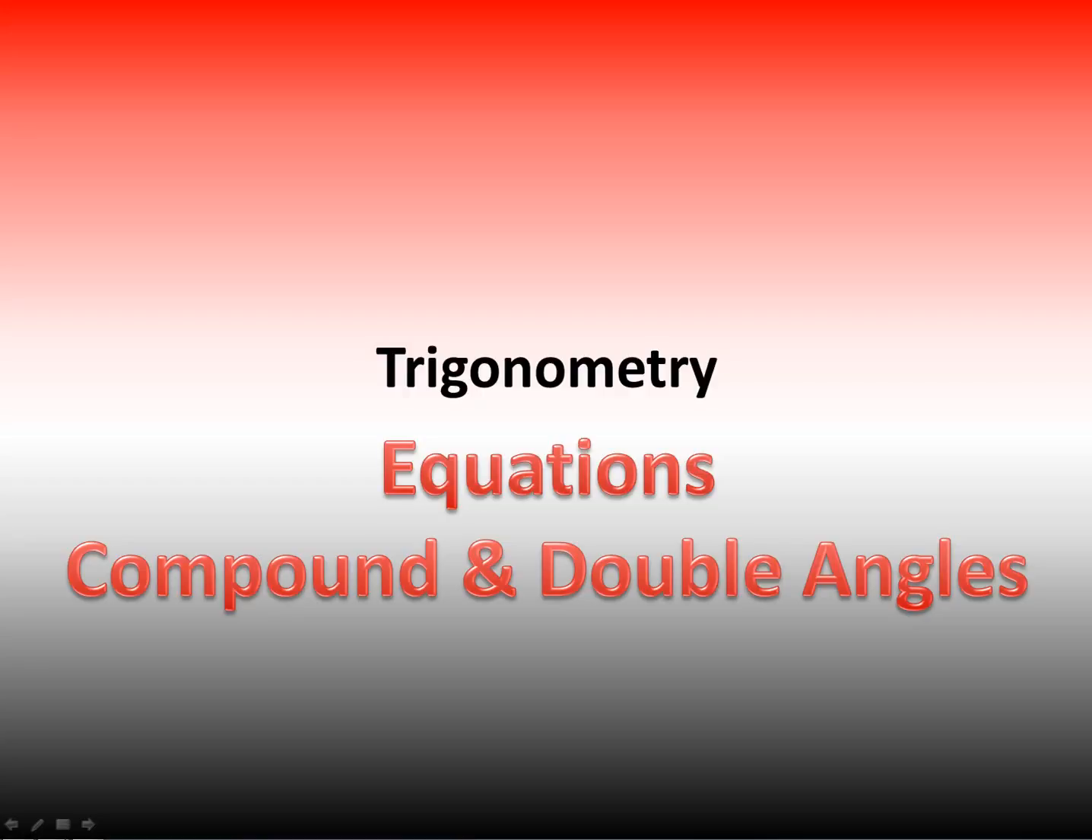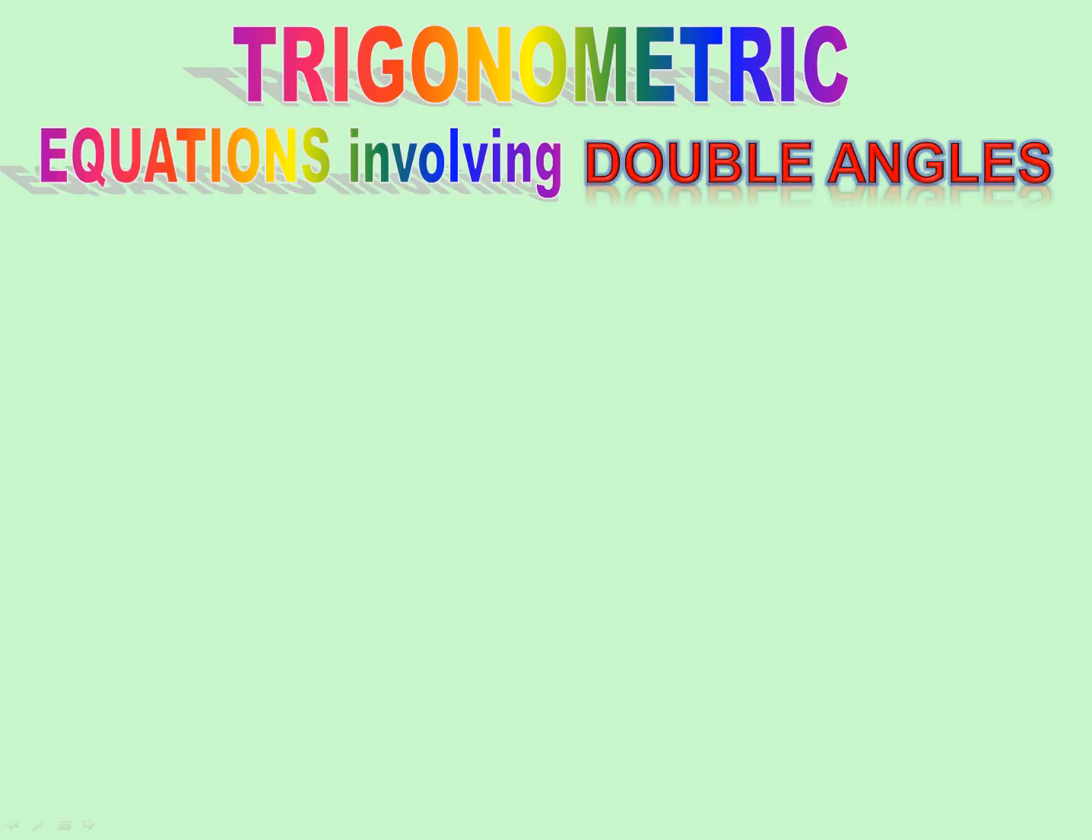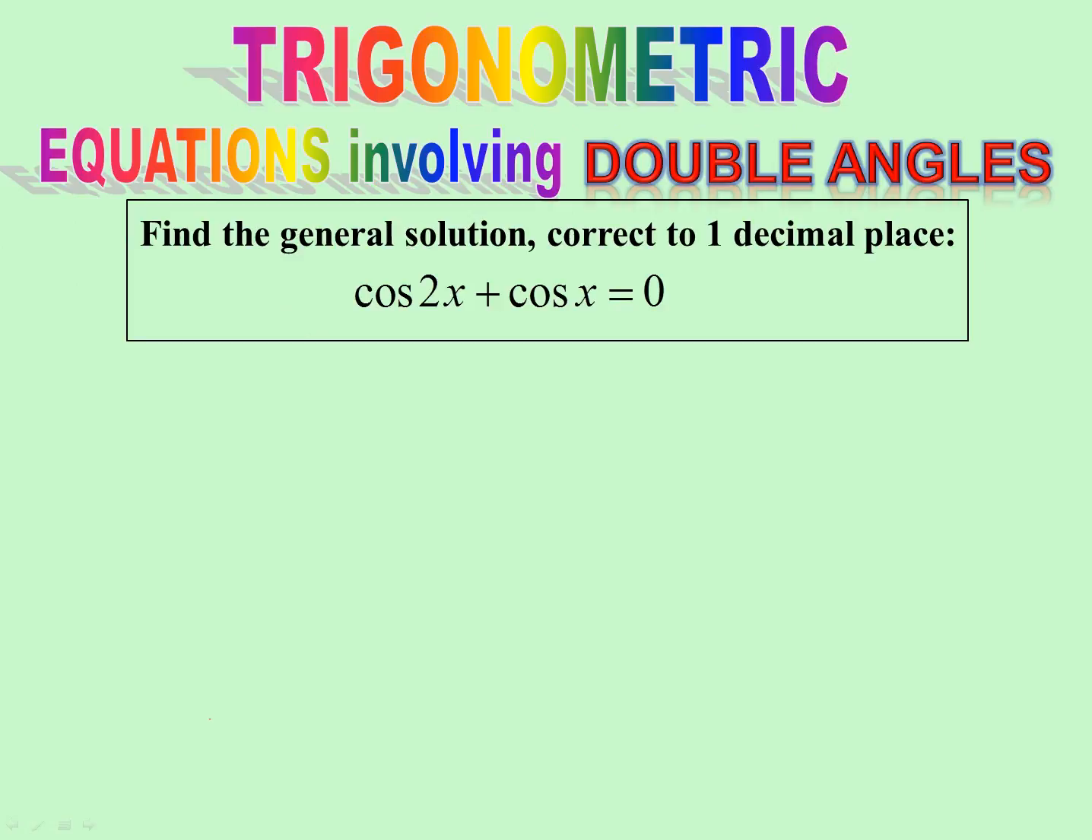Trigonometric equations involving compound and double angles. Let's have a look at the double angles first. Here's our first example. Yes, you see there we have a cos 2x and a cos x in the same